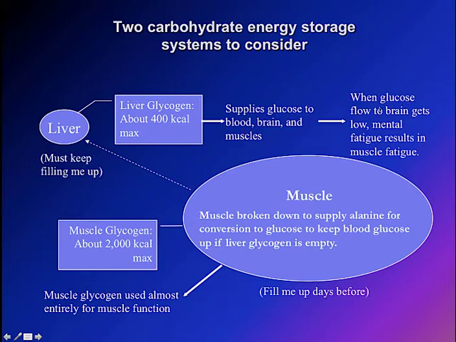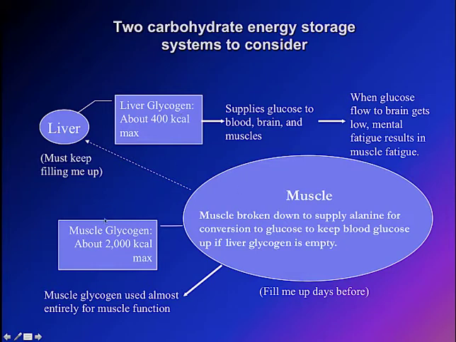When glucose flow to the brain gets low, you get mental fatigue, and that results in muscular fatigue, even if your muscles are full of energy. So it's very important to make sure that liver glycogen never tanks, so that you always have some there. Muscle is broken down to supply alanine for the conversion to glucose to keep blood sugar normal if liver glycogen is empty. But now you've lowered muscle in order to satisfy the liver storage of glycogen, and that's generally considered